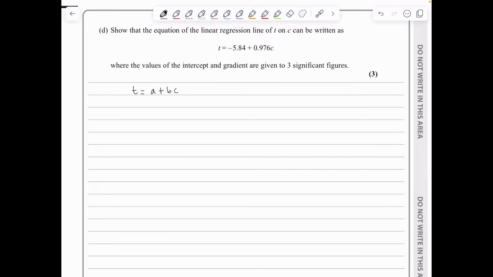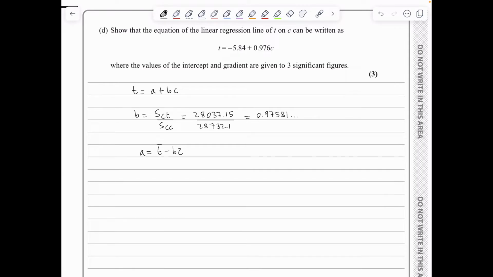Well, b is given by SCT over SCC, which in our case is 28,037.15 divided by 28,732.1, which gives an answer of 0.97581 dot dot dot,